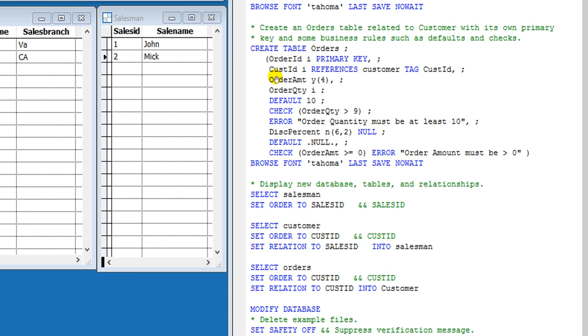Create table orders, order ID integer, primary key, cost ID, reference customer with tag cost ID. After tag, you have to write the index name. Order amount year, it means 4 characters. Order quantity integer,